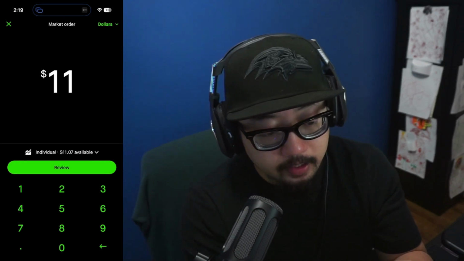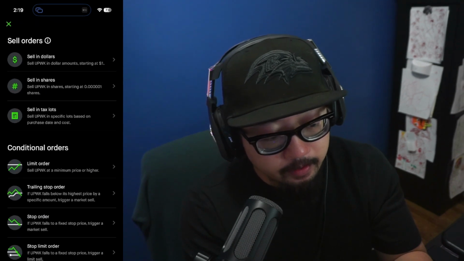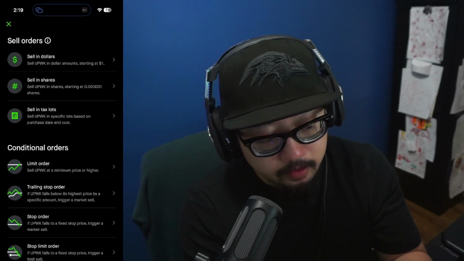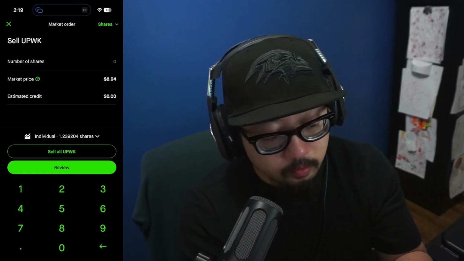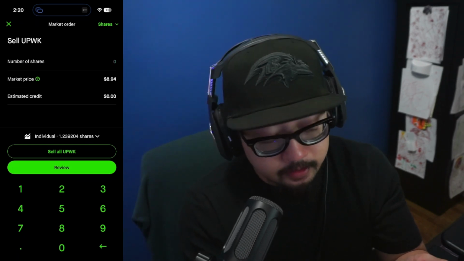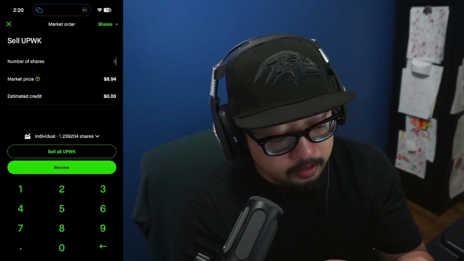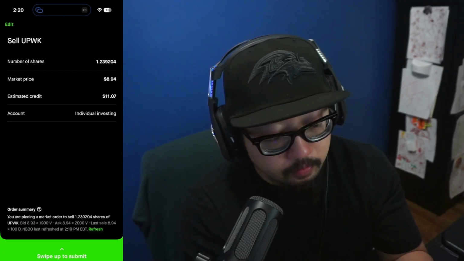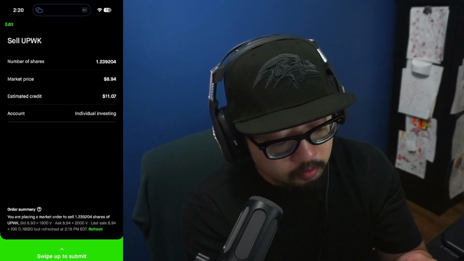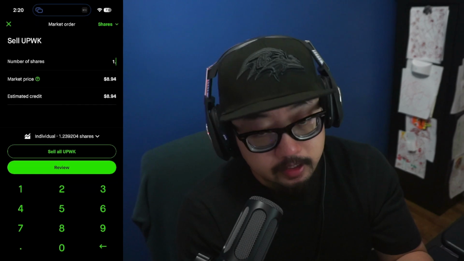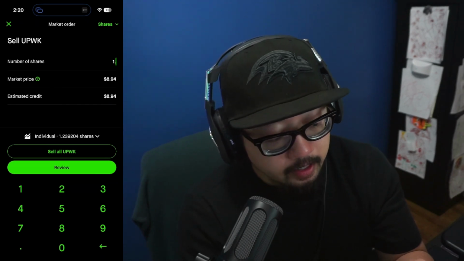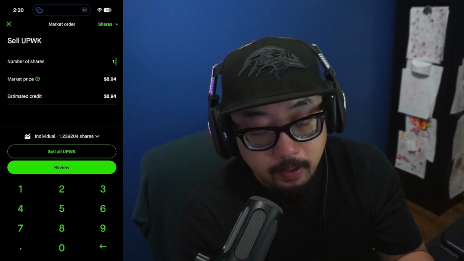Or at the top right where it says dollars, I could click there and I could tell Robinhood that I want to actually sell in individual shares. So as you can see, I have 1.239 and something shares. So I could click on sell all of Upwork if I want, and then I just have to swipe the screen up. Or I could edit this and say I just want to sell one share of Upwork, and then I click on review, swipe up, and I've